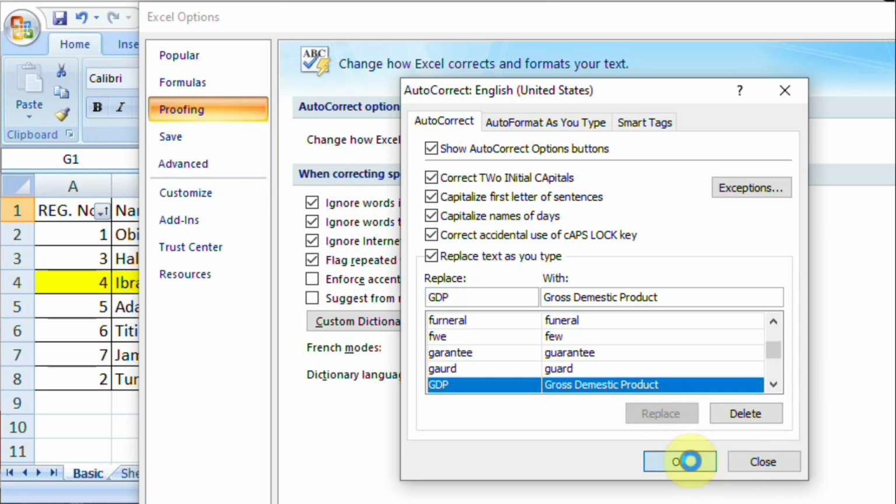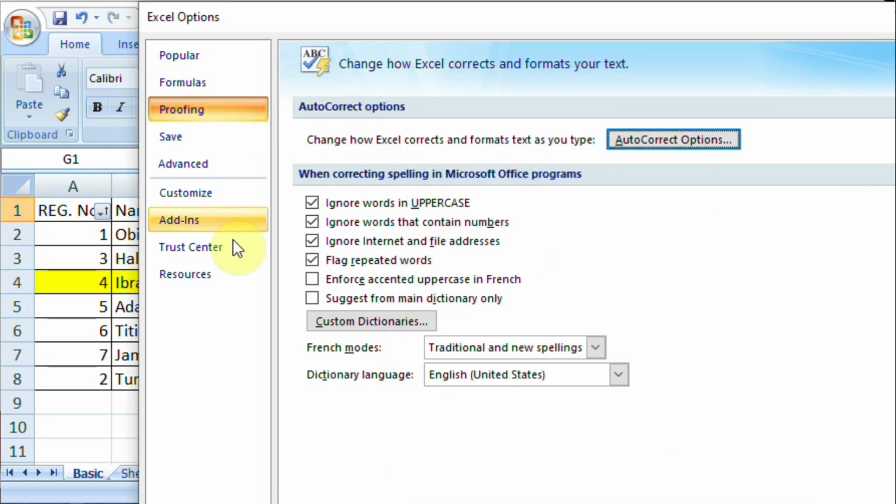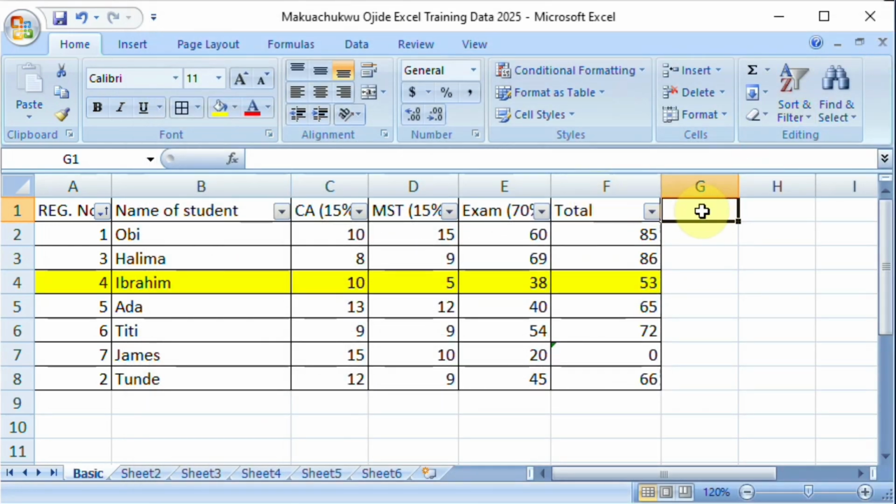So okay, now let's return back to our Excel, and here I want to add GDP. I'll type GDP, enter. The system gives me gross domestic product. I just remembered this a skill I needed to teach. Okay, now having said that,